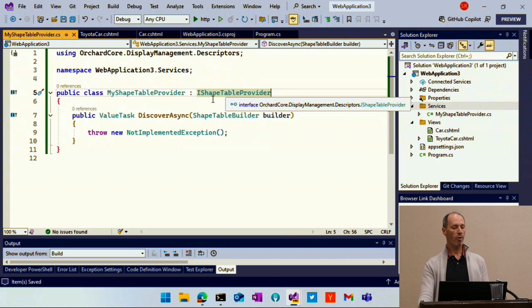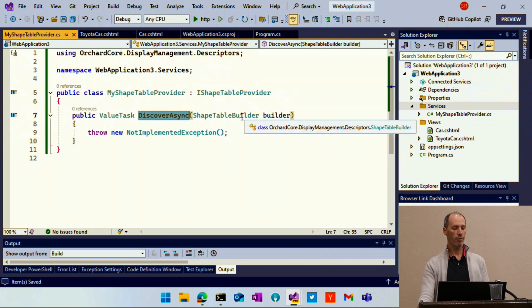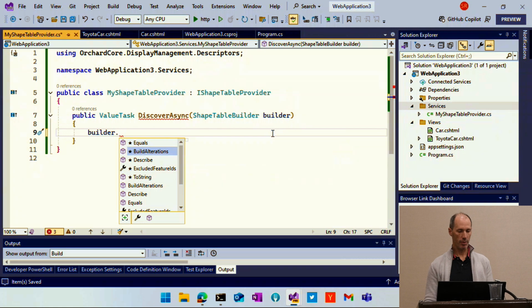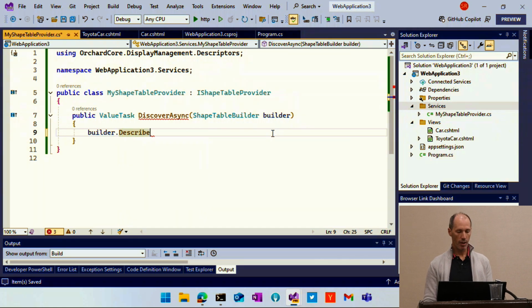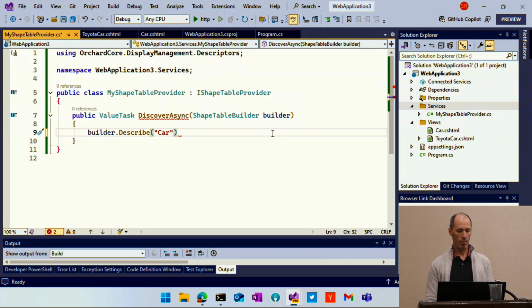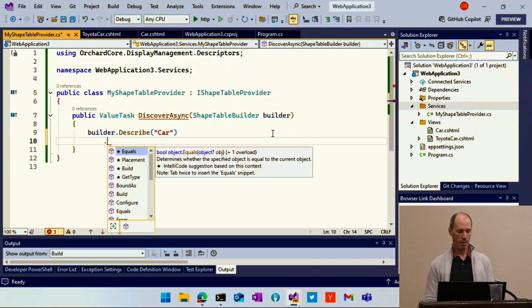So IShapeTableProvider has a Discover async method with a shape table builder, and I can use the builder to build more stuff. It's called alteration, actually, build alteration, you see. So I will do builder.Describe, and here I will say the shape type I want to describe. I want to describe the shape type car. And with that, I want to say